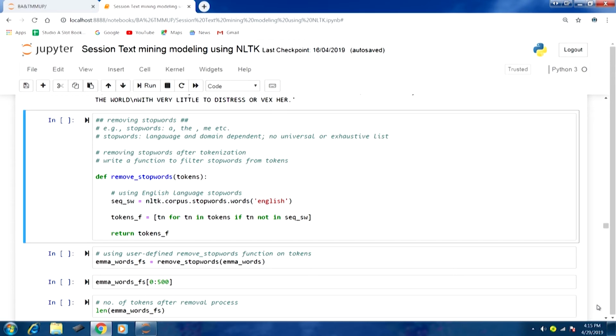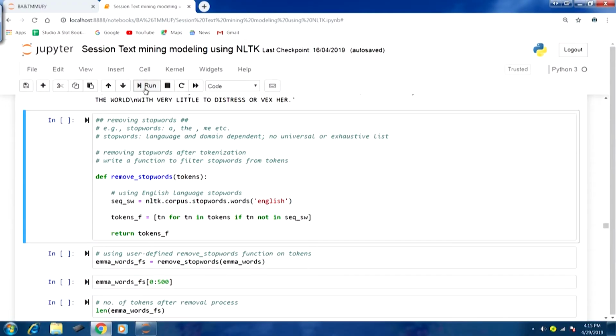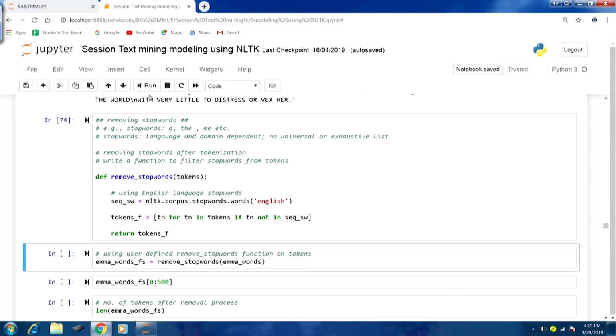nltk.corpus.stopwords.words('english'). So, we will have the list here, and then we are running this list comprehension, tokens_f. So, we are filtering these stop words, that is why _f. So, here you can see tn for tn in tokens if tn not in sequence_sw. So, if a particular token is not already present in the list of stop words, then we will have that in our filtered tokens list. So, this is the function. If I run this,